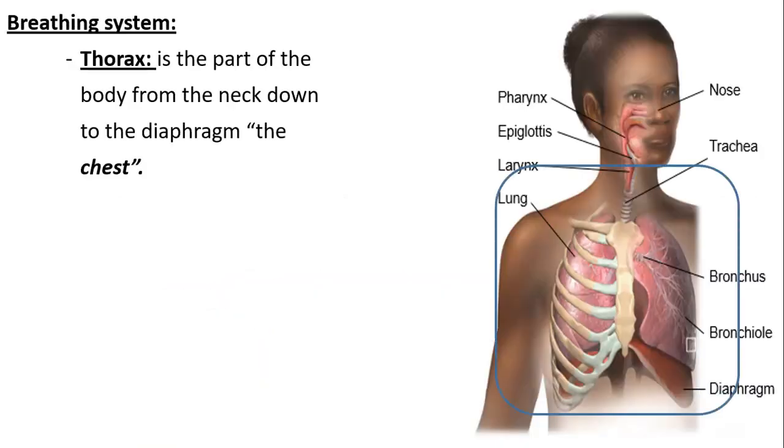Okay, so the whole thorax area, or the chest, is the part of our body that's from the neck down to the diaphragm. Here you see, this is another diagram or a way to draw the diaphragm. Okay,